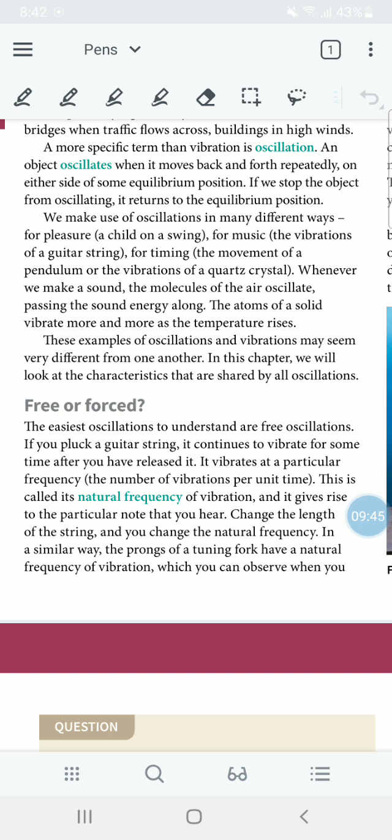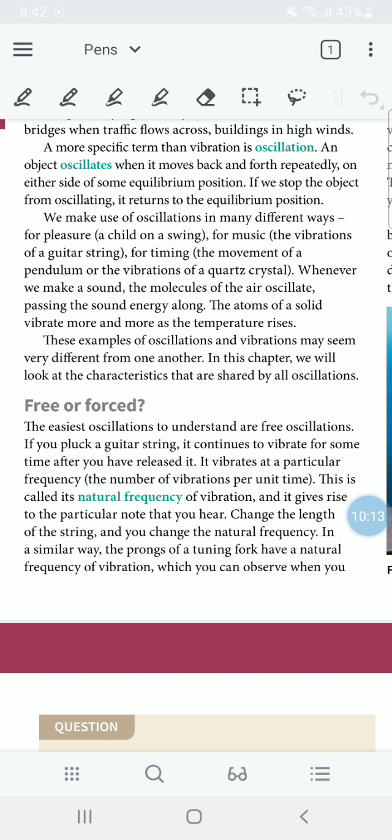Let's see how it happens. So you see, I have plucked it and it continues to vibrate, it continues to give the music. After I have plucked it, the sound comes continuously.